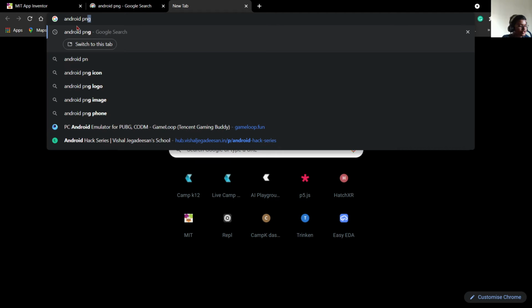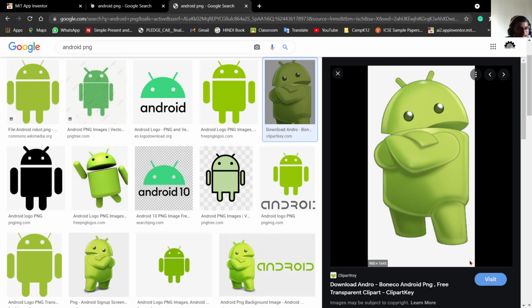I guess this image is better, looking good, so right click and save image, choose your file location and save it where you want. Here you can choose your file and save it. I have already saved it, so I'm cancelling it.